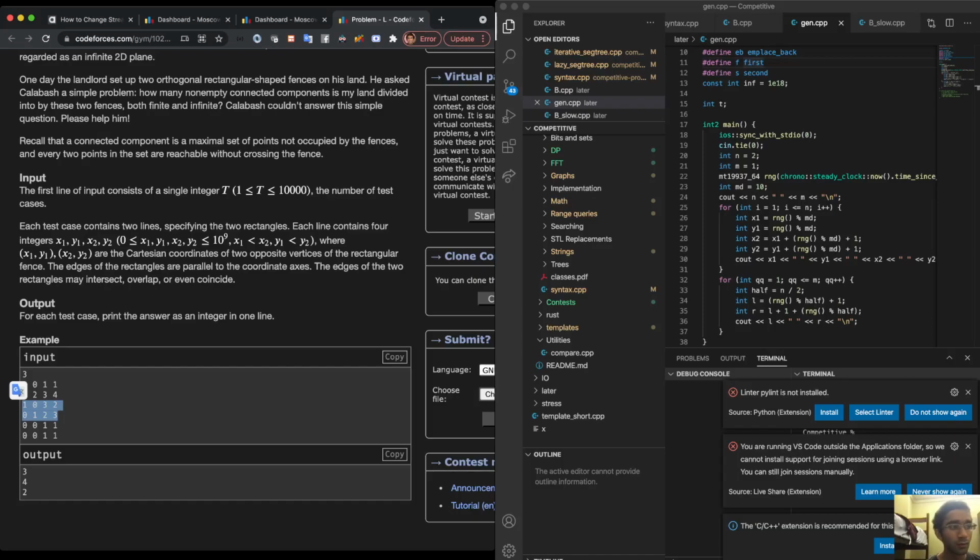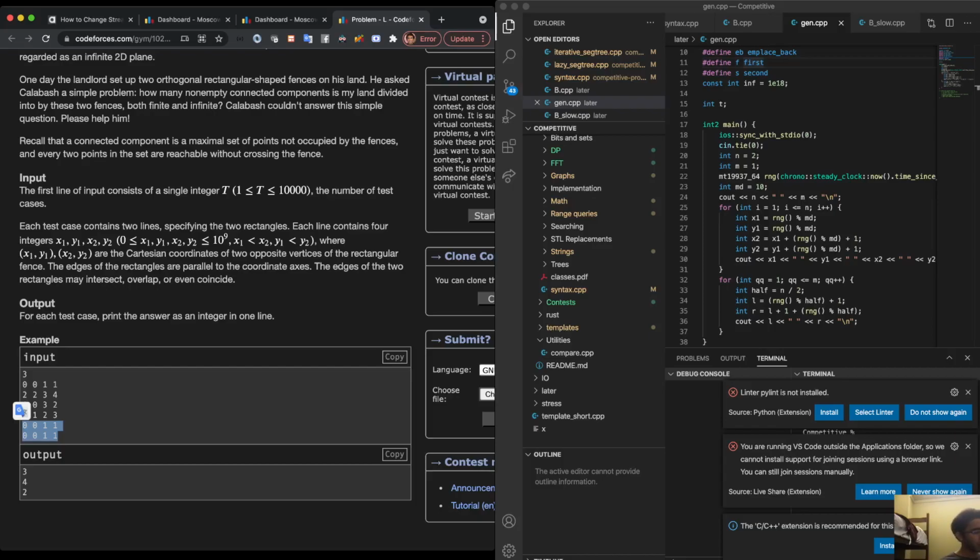One zero three two, 0123. I think these intersect, so it's 4. And then these two, they are the exact same. So I just need to